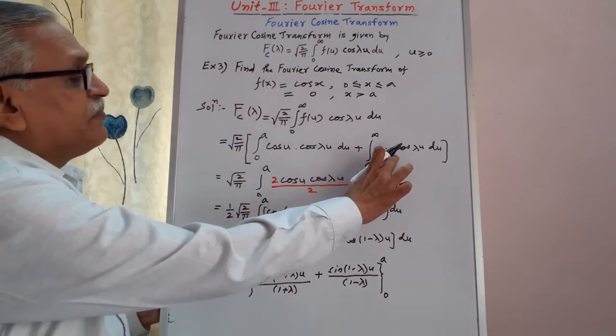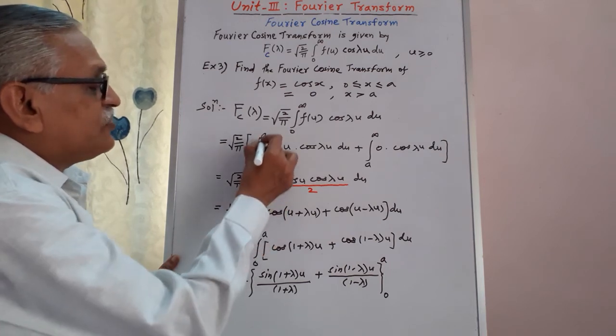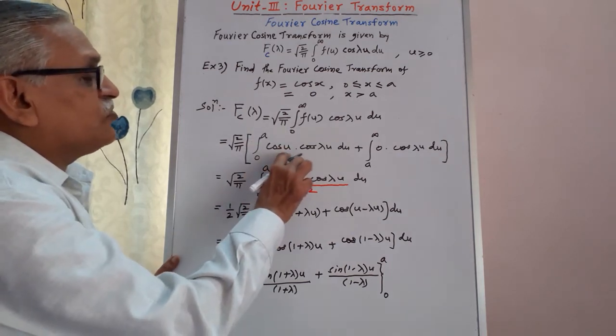Therefore, we have the first term as integral from 0 to a cos u cos lambda u